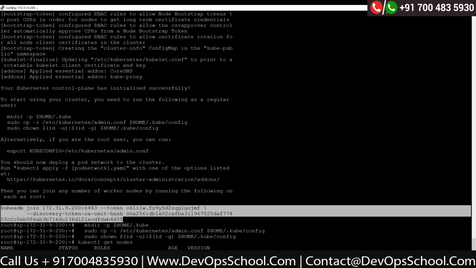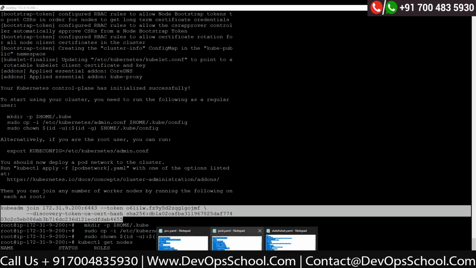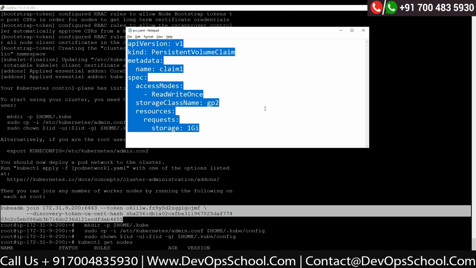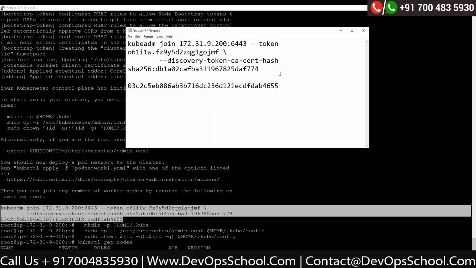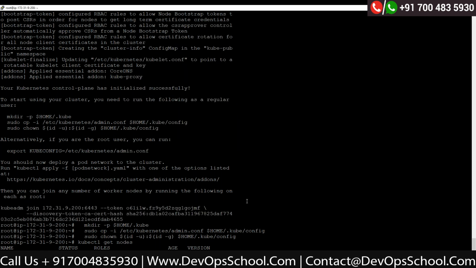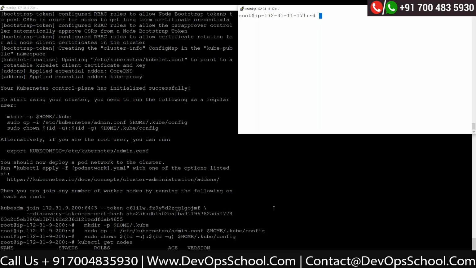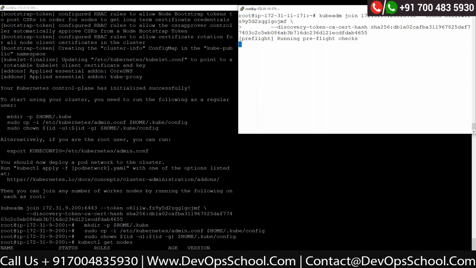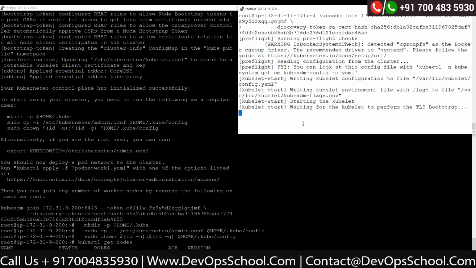But now the output is split, so I need to fix it. It should be like this. If it was running on full screen, the output would have come nicely, but here it has got split. So that's okay. I just fixed it, and